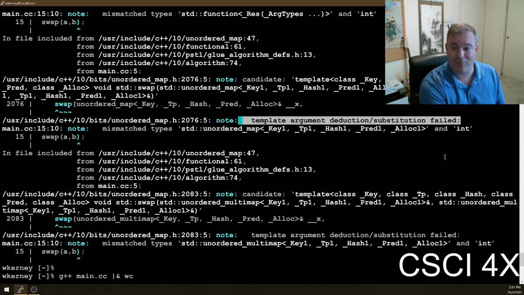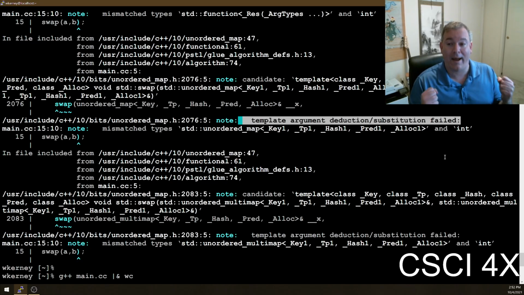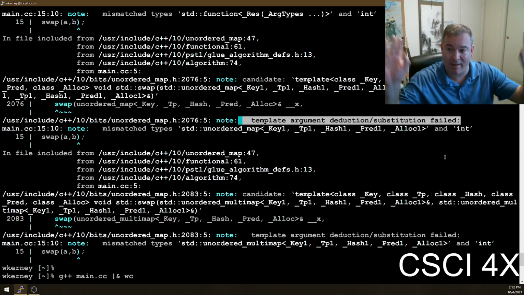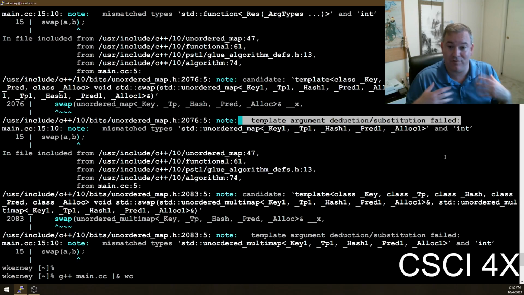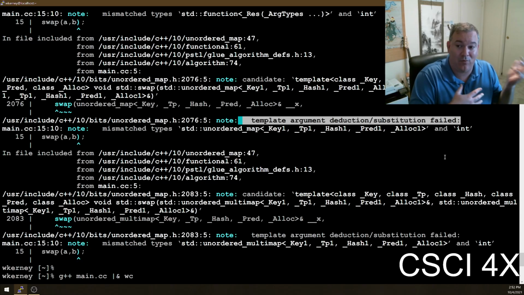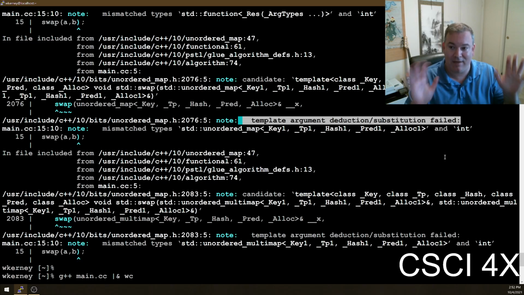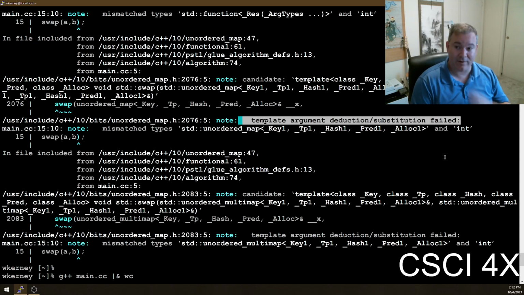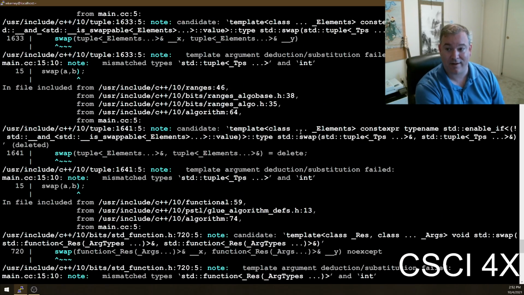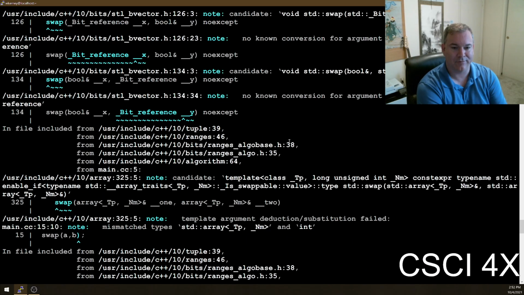Template substitution errors, for whatever reason, they don't let you turn them off. They will spam. They're not even error messages. They're just telling you things that the compiler thought you might want to know about and you didn't even consider. They're telling you, we tried it and it didn't work, and you can't turn it off. There are ways of mitigating it, but there's no flag to just not print those, which is one of the single greatest issues that I have with modern compilers.